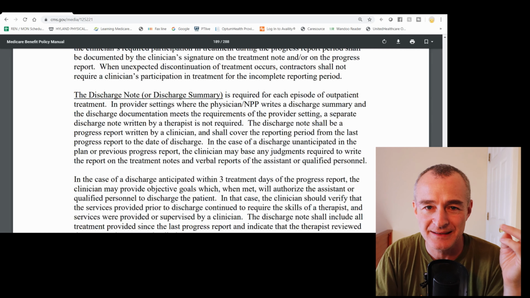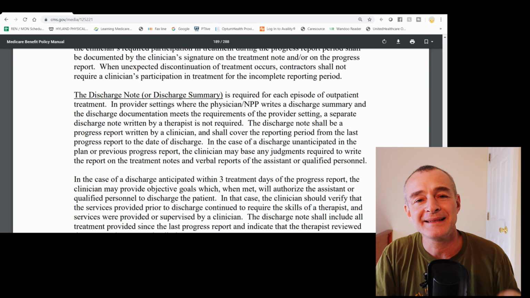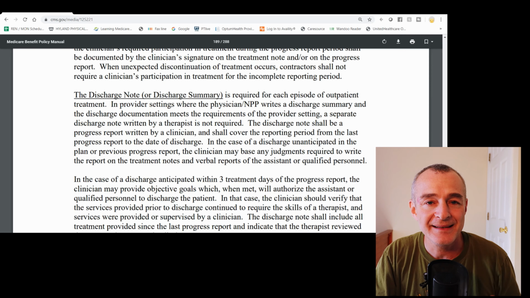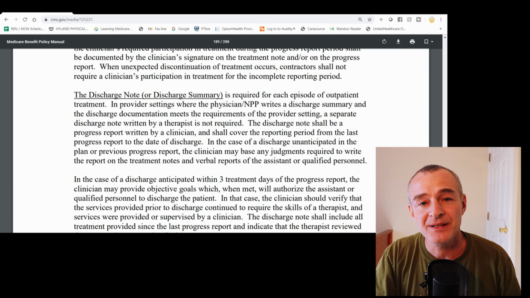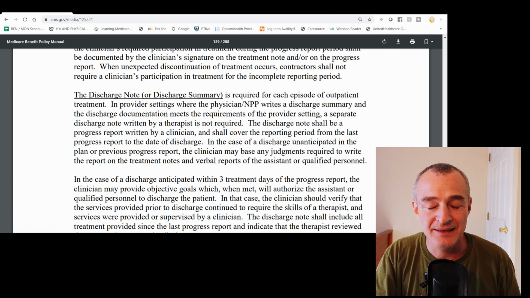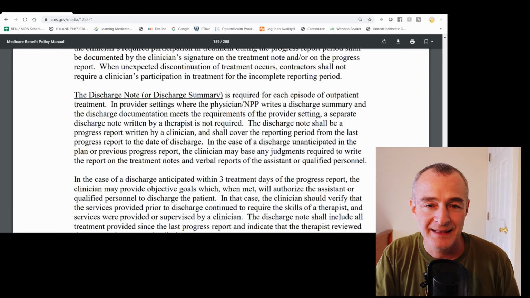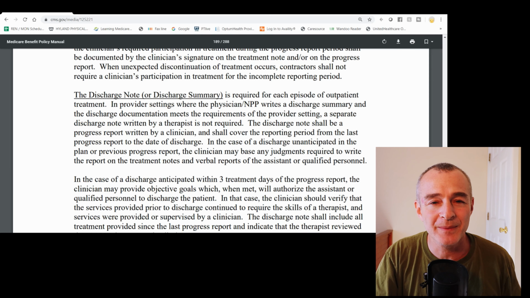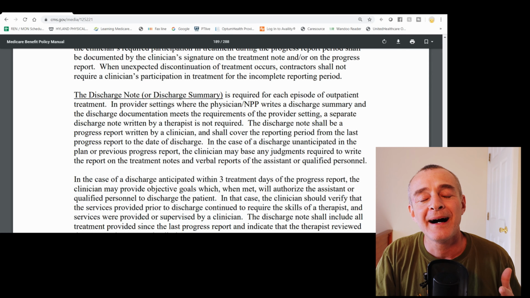It never clicked for me that technically a discharge note or a discharge summary is a progress report. And you can see here in the guidelines that the physician does not need to sign your progress reports. I always understood the physician didn't need to sign my discharge summary, but it never made sense to me,